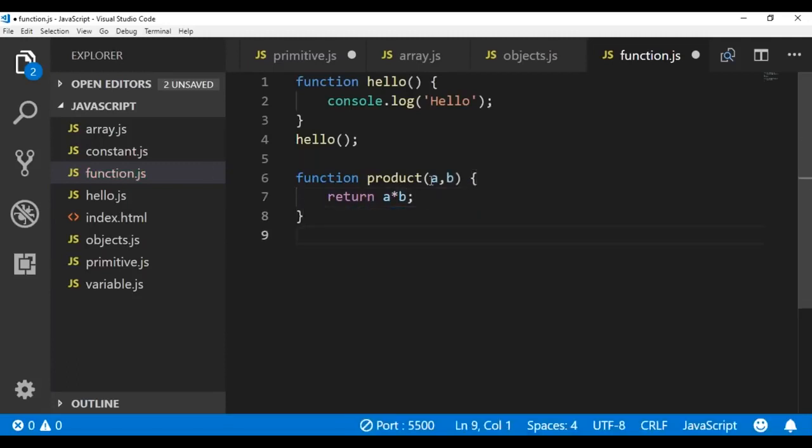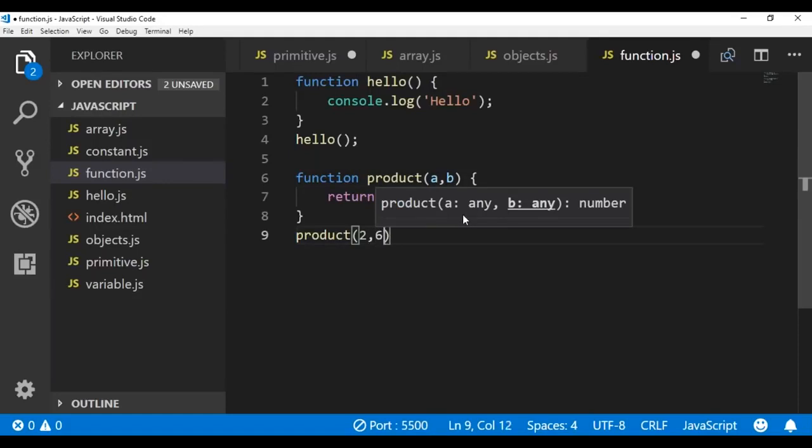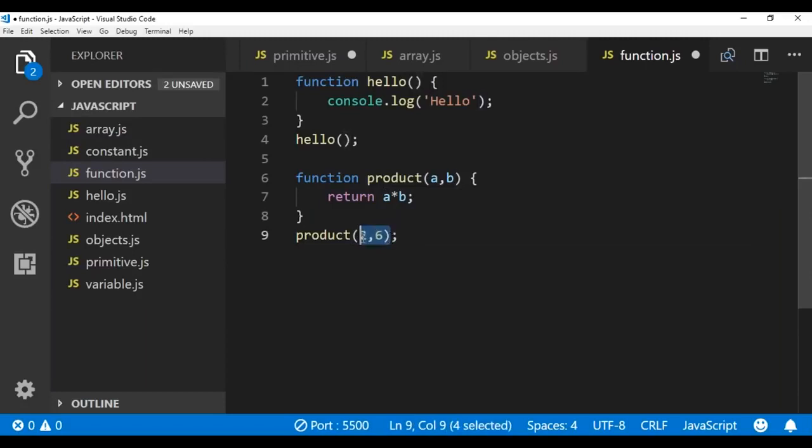Now let's call this function. So how do you call a function? Name of the function. And over here, you're going to pass the value to these variables. Now these variables have not been given any value. Here I just define these variables and they're just known as parameters. Okay. Now let's pass some value to these variables. Let's pass 2 and 6. Okay. End it with a semicolon. Now these values are known as arguments. Okay. So when you call a function, you pass arguments to that function. But when you define a function, you pass parameters to that function.